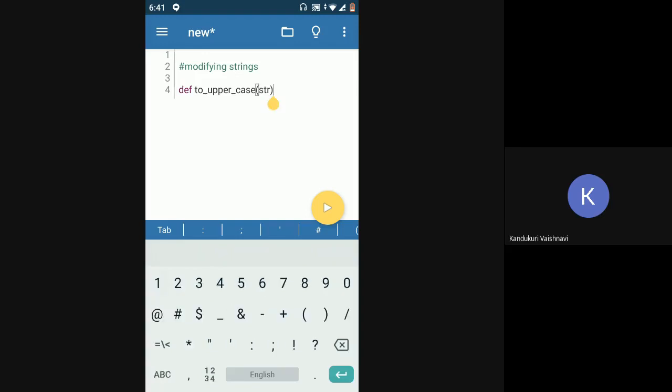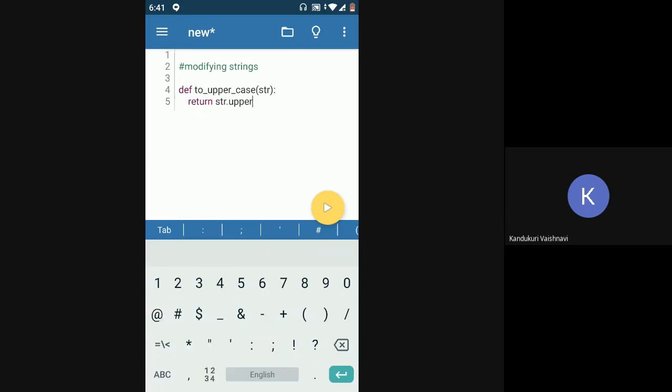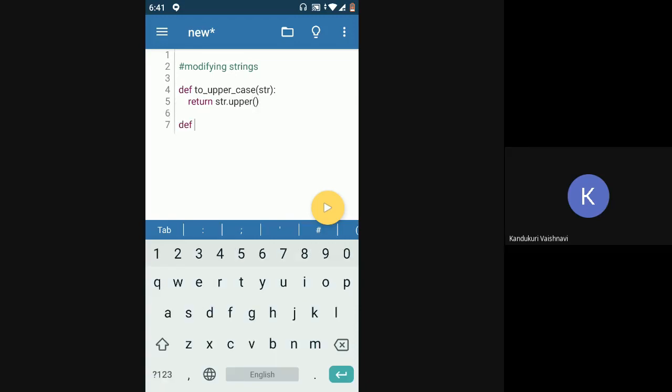You can just say dot upper. So I'll just say str.upper. This is one function, then two lowercase, and I'll just say return str.lower.